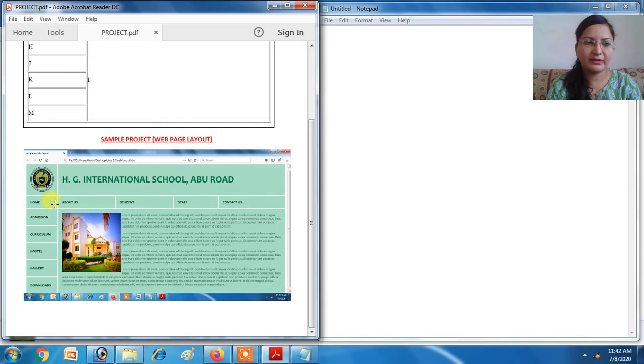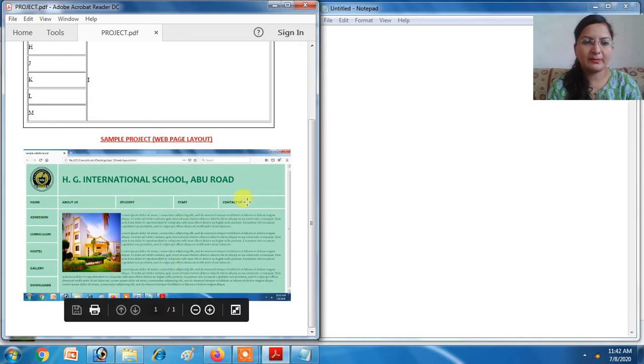You can see I've created this table layout, and then after that I have converted this table into this one. You can see the background color I have set. I have filled content in place of ABCD. Here I have kept an image, a logo. Here also I have kept an image, a logo, and these are paragraphs. These are all hyperlinks.